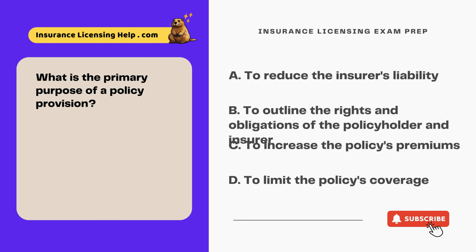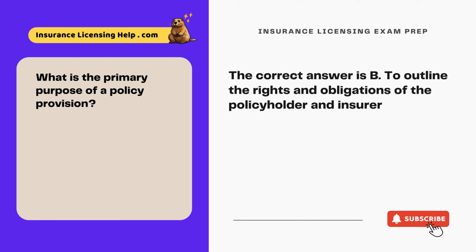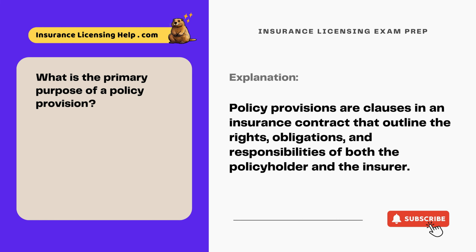What is the primary purpose of a policy provision? A, to reduce the insurer's liability. B, to outline the rights and obligations of the policyholder and insurer. C, to increase the policy's premiums. D, to limit the policy's coverage. The correct answer is B, to outline the rights and obligations of the policyholder and insurer. Policy provisions are clauses in an insurance contract that outline the rights, obligations, and responsibilities of both the policyholder and